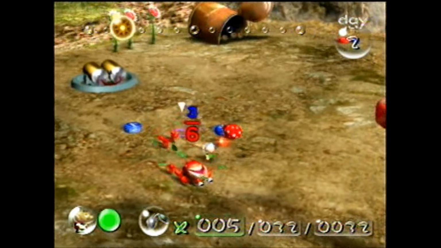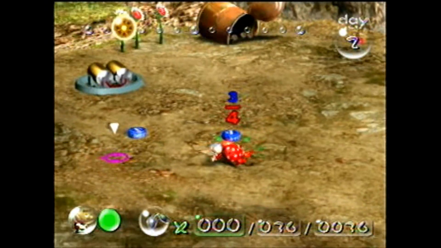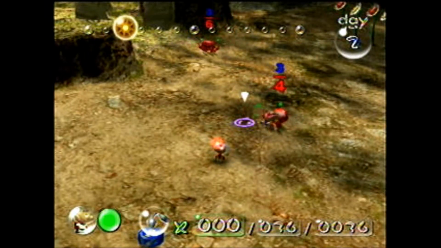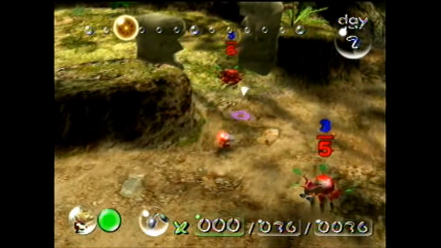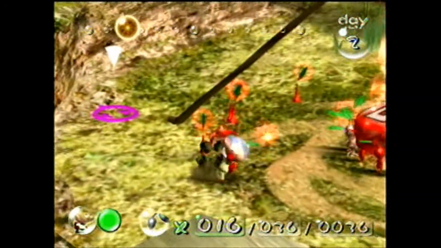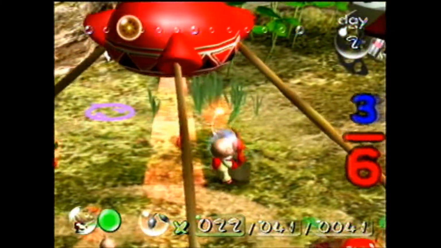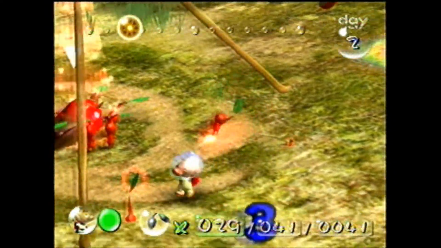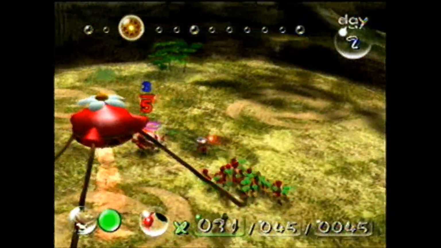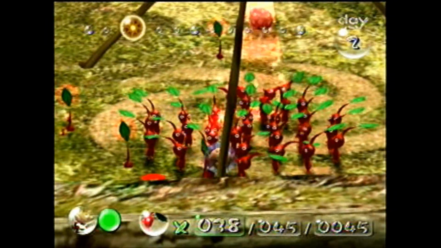Alright, so 6 guys on there. Come on, you little buggers. Why can't this guy get on there? Get there. So we're gonna pluck these guys right here. Now I'm trying to like either choose to do a...